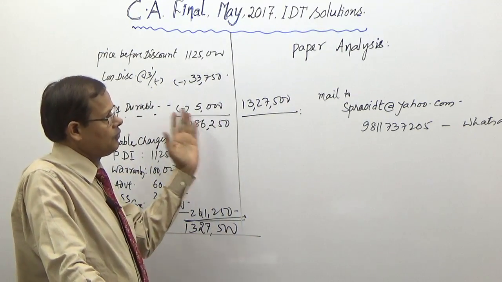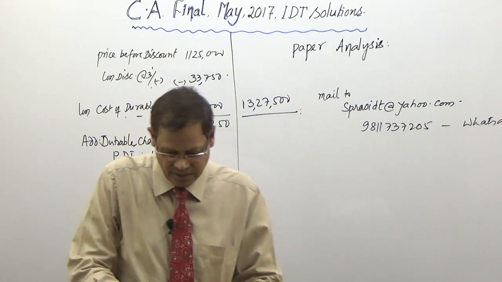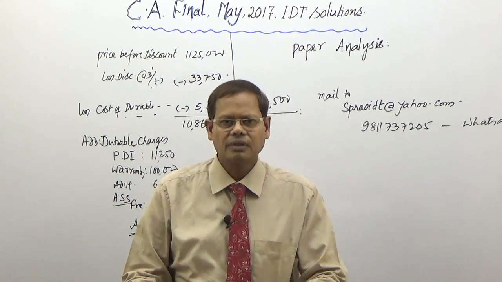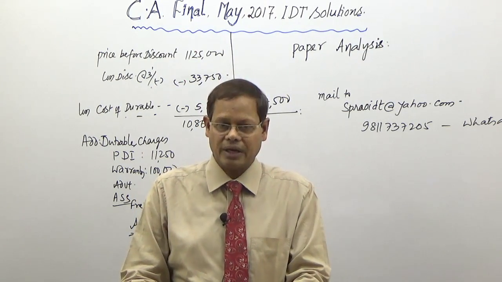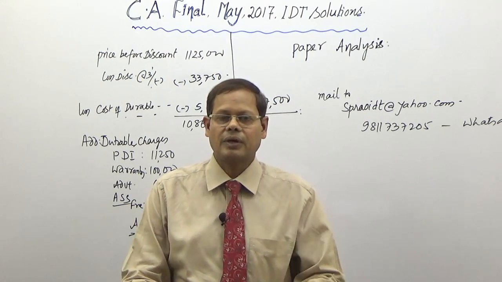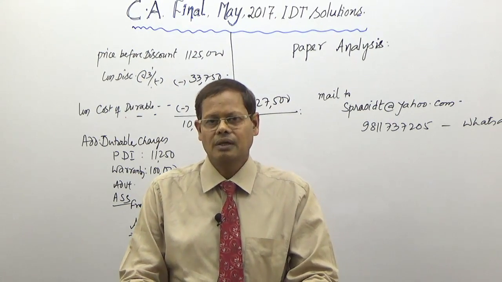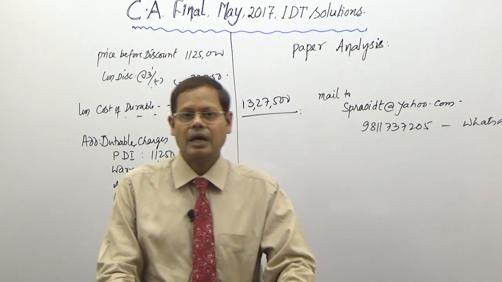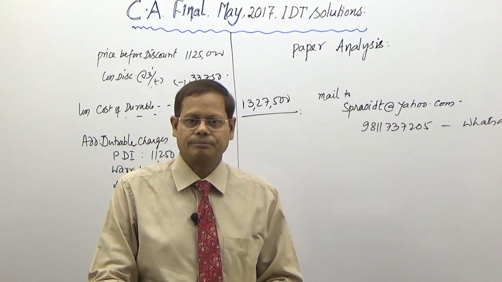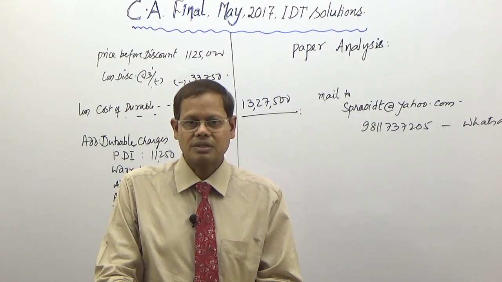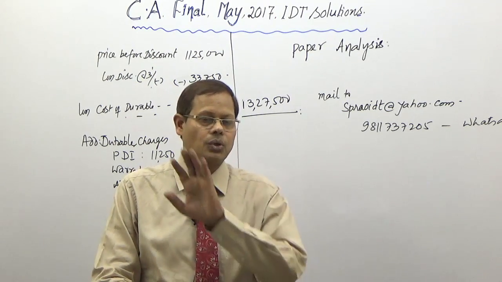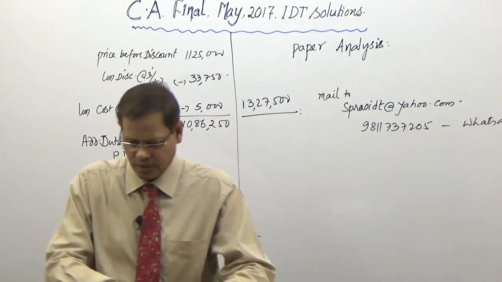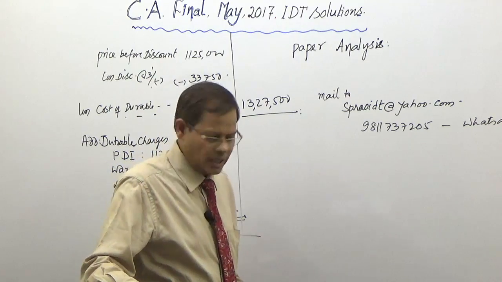Okay? So, for this assessable value, what he says is, need not calculate central excise duty payable, because he did not even give a rate. In fact, in excise they have to give a rate. Not all goods attract 12.5%. There are so many varieties with different rates of duty. So, invariably they have to give the rate of excise duty. They have not given, and of course he says no need to calculate duty. So, don't waste time. Assessable value. So, for this question anyway, I would like to say